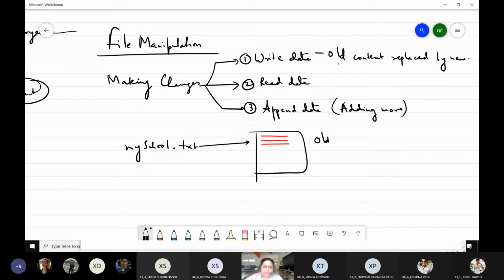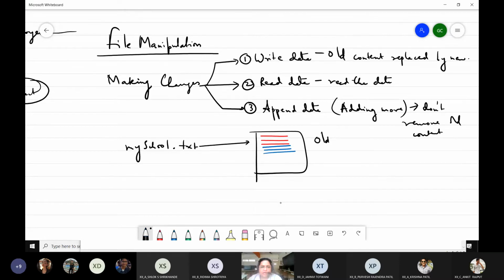And the next is reading data. So what is done? File should be present and you just read the data from the file. And last is appending data. Don't remove the old content. Instead, on top of the old content, that is whatever the content is there, you can simply add the new content after that.